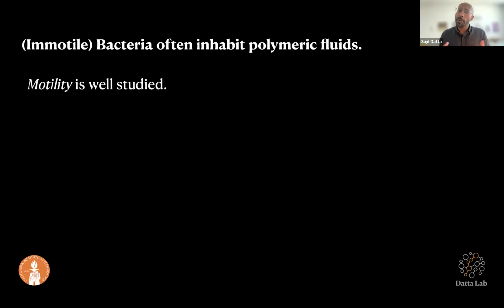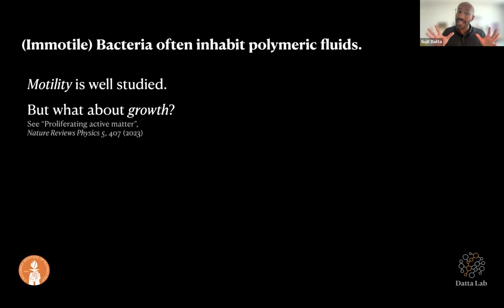But we asked, what about growth, the other fundamental aspect of bacterial life? How is that altered, if at all, by interactions with extracellular polymers, given that bacteria inhabit polymer-rich environments in many natural settings, right? And this is particularly important in biology because often even nominally motile bacteria lose their ability to swim and to move in these environments, and so they settle down and just continue to consume nutrients and grow and divide. And so this aspect of proliferation introduces new features to the typical models of active matter that